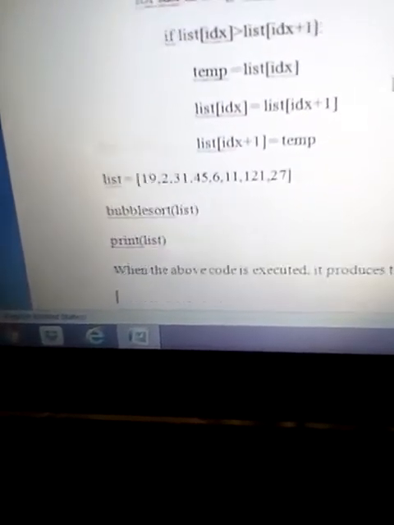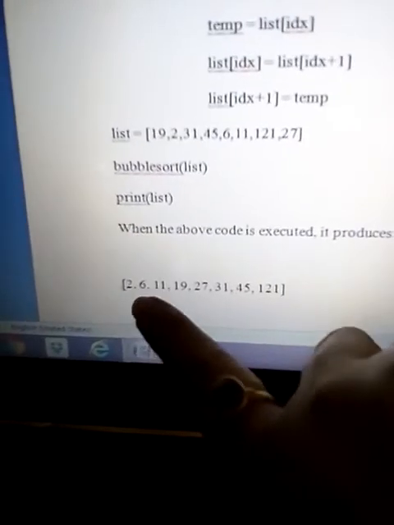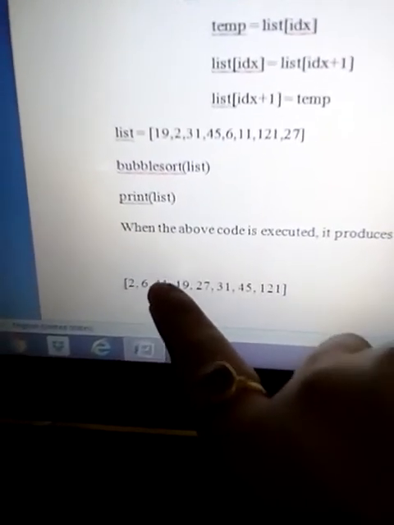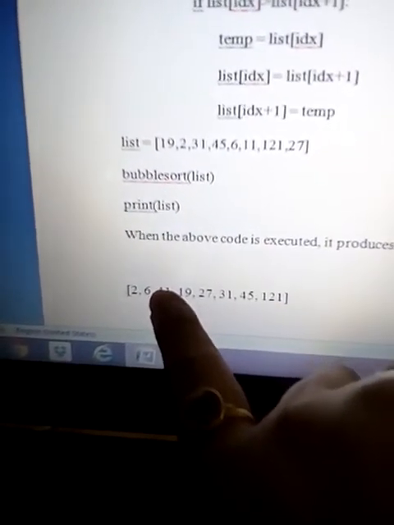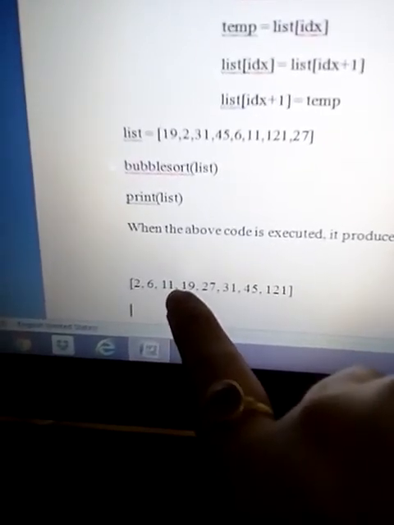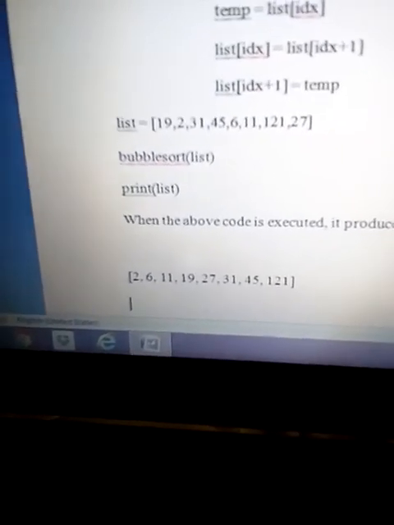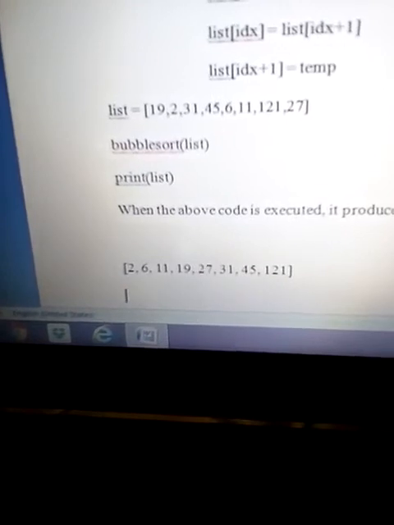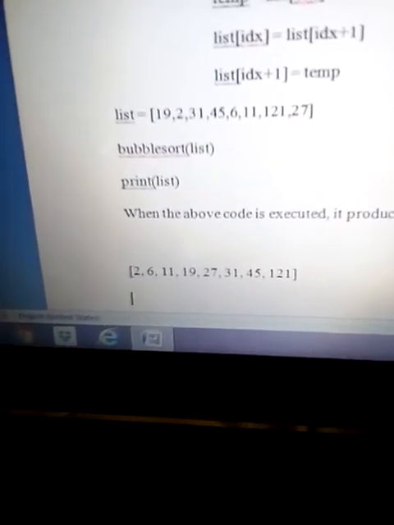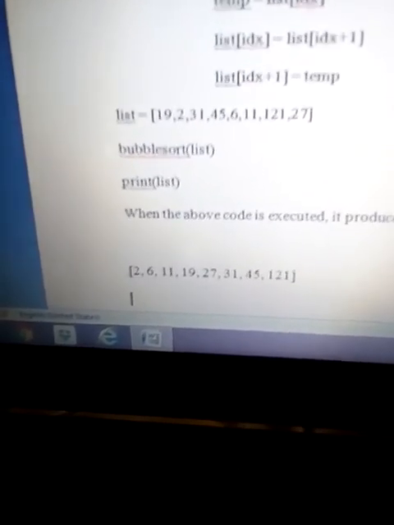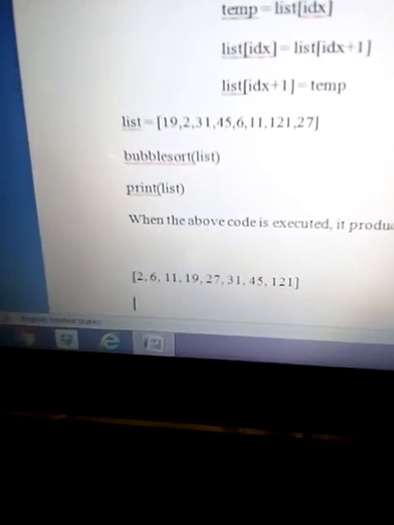And then how can we do it? Now at the first place 2 was there. In the second pass 6 would be sorted here, in the third pass 11 would be here. Now all these elements would be sorted as per the passes going on. So this is the concept behind bubble sort. Now the insertion sort we will discuss in the next video.